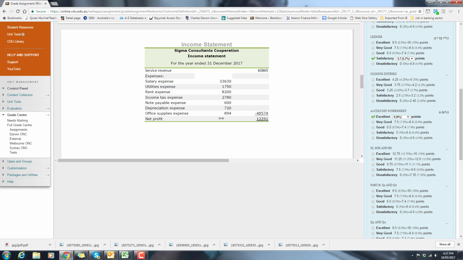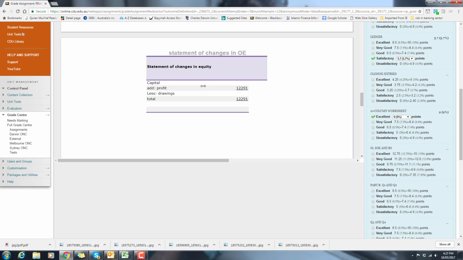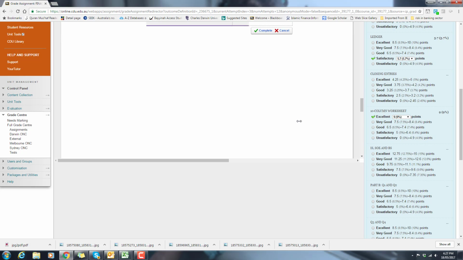How about the income statement? The student did very good. The statement of owner's equity is wrong because he didn't add the capital, and also drawings. There was a dividend, so he did not disclose the dividend or anything, so 5 marks for this, might get only 2. And then the balance sheet,